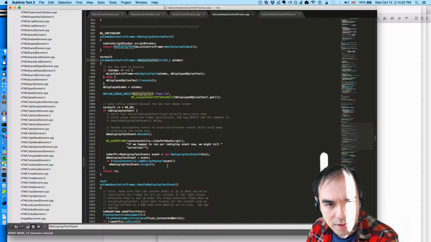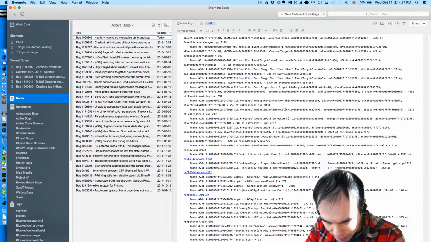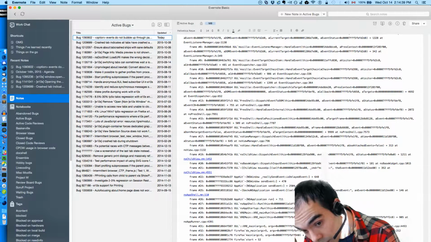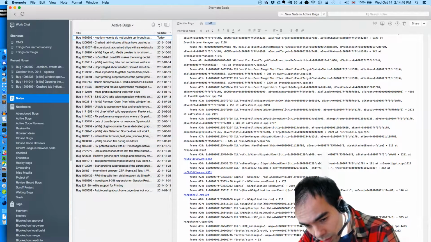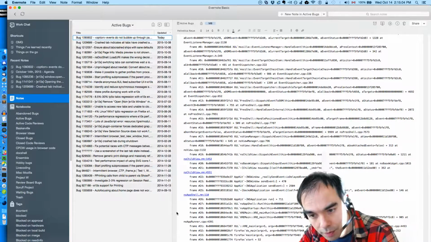We have these two pieces, and I think when the list control frame is open in drop-down mode, we select the values on it and change the value of the parent.